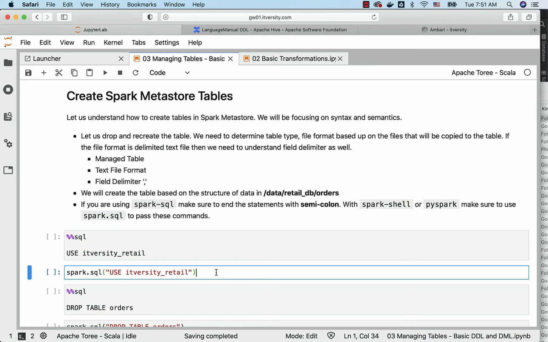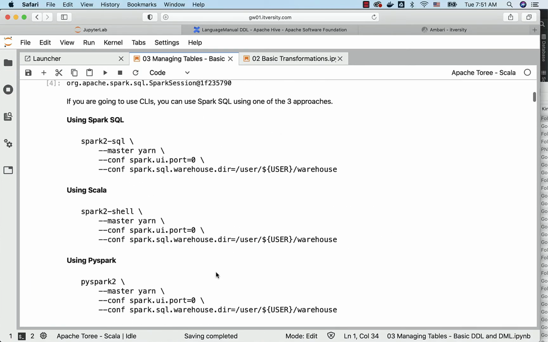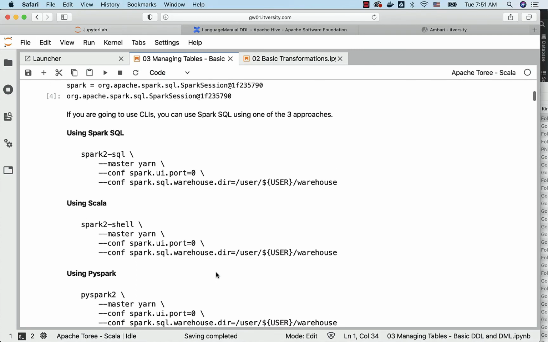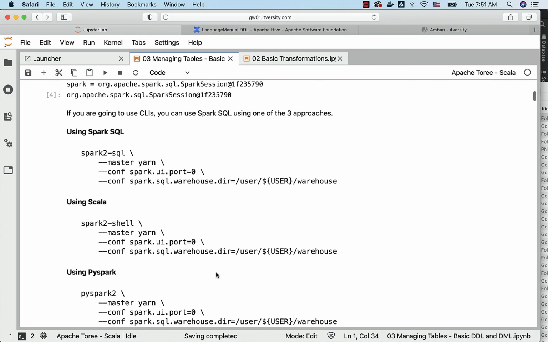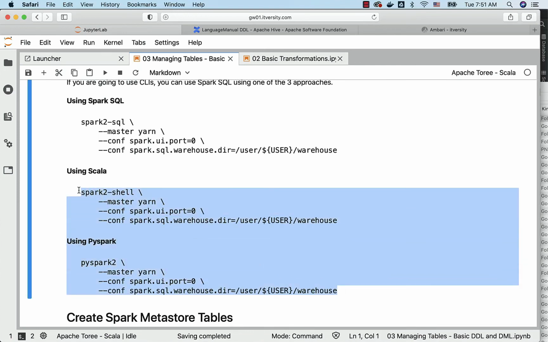So I will be emphasizing some of those aspects as and when required, but in general I will be demonstrating using Jupyter Hub with the Spark SQL magic command. However, if you are aspiring for the CCA 175 certification exam, then you have to launch Spark Shell or PySpark and practice using that interface so that you are comfortable writing Spark SQL queries using Spark Shell or PySpark, which will be provided to you while taking the exam.